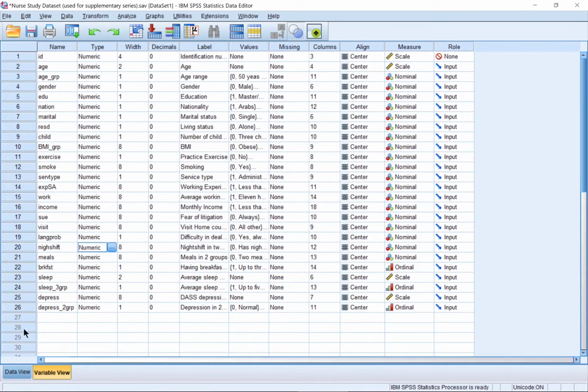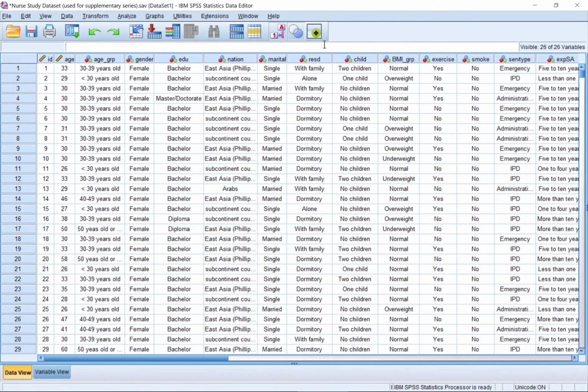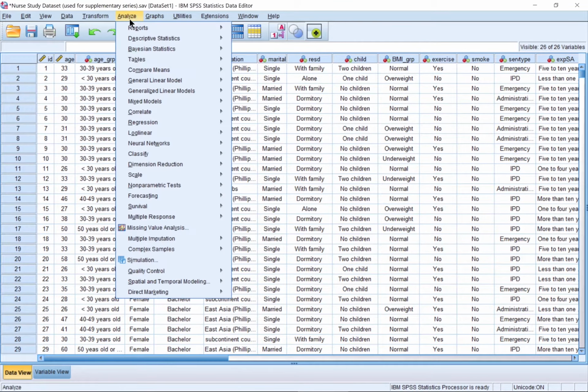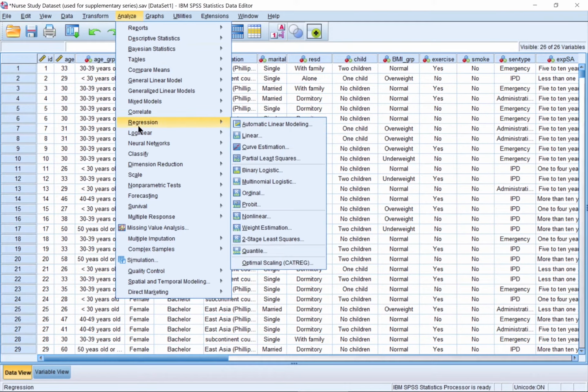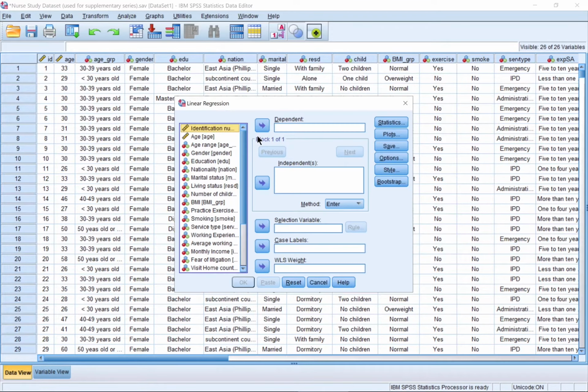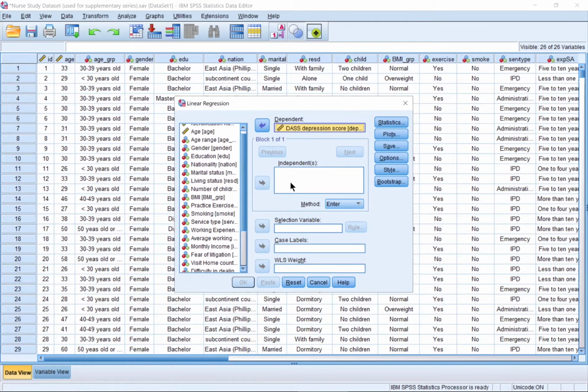So let's come here and let's then dive into some regression. To do that, we go into analysis, then we go into regression, and for that we select linear regression. From our variables, the dependent variable is the outcome, and that would be the depression score. For the independent variables, we're going to use whatever